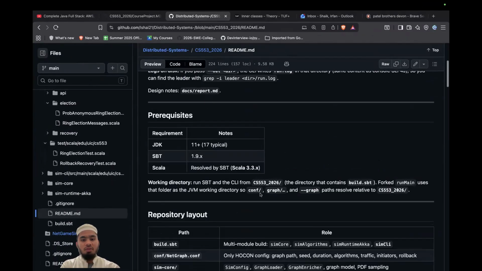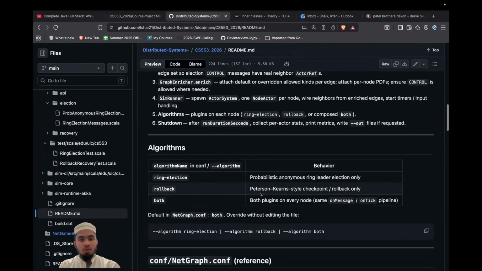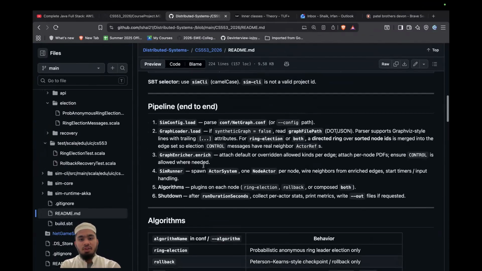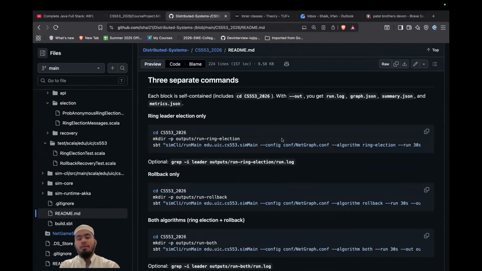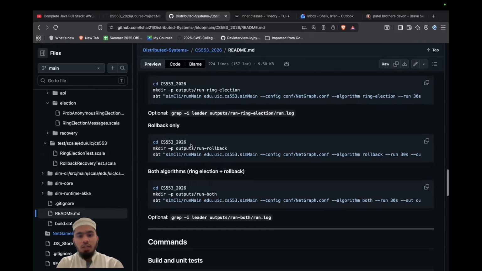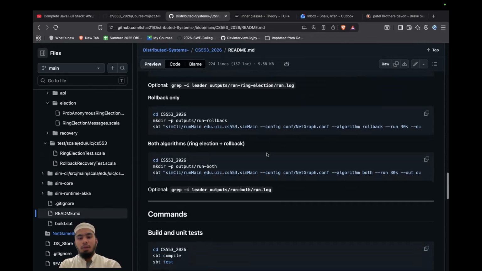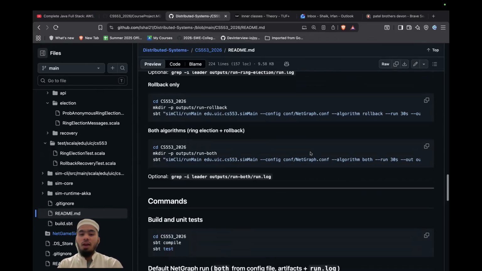So you just go to my README file, open it, and go through this entire video folder. You just have to copy this path. If you want to run the ring leader election only, just copy this path. If you want to run the rollback only, just copy this entire command. If you want to run both algorithms, ring election and rollback, you have to use this